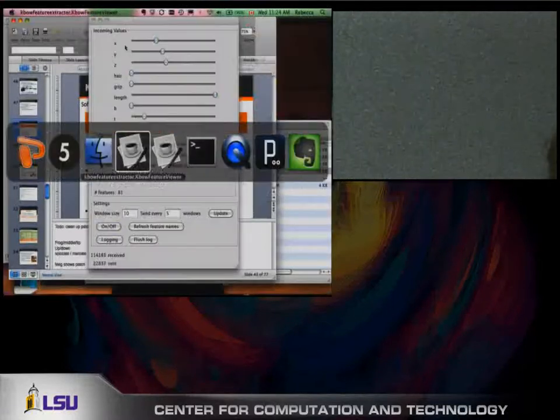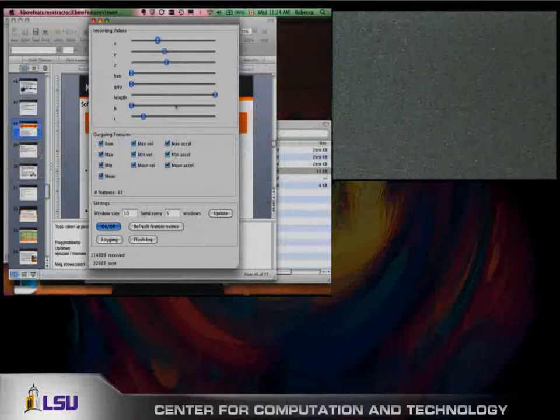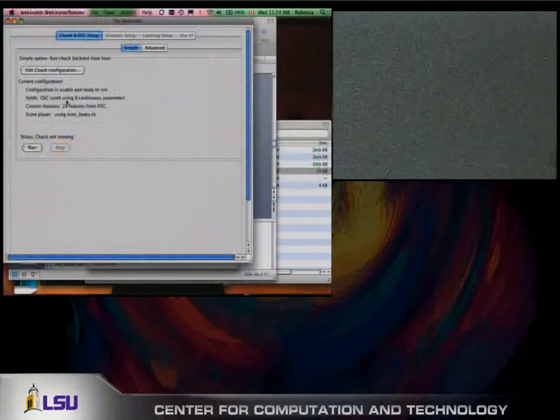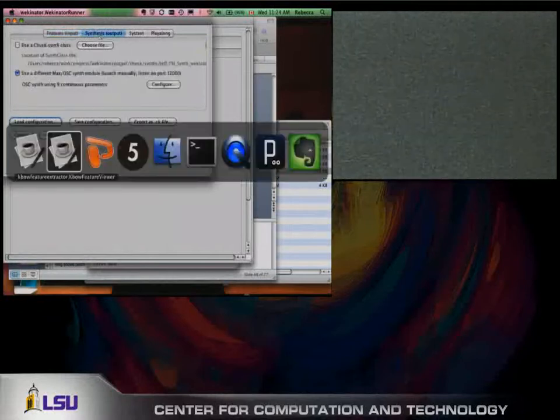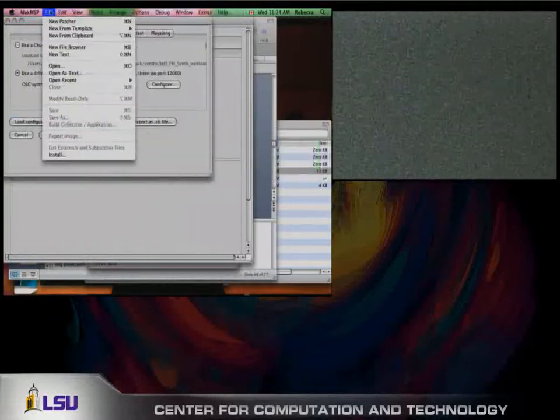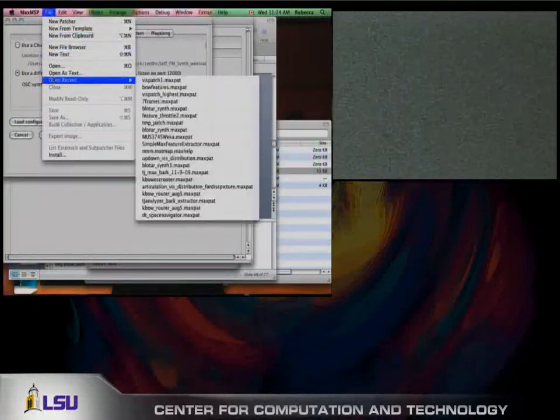So here's the feature extractor. You can see I've got these features being extracted from the sensor data. And again, I'm going to set up Wekinator to receive these features and to control a Max patch. And for this example, I'm just going to show you